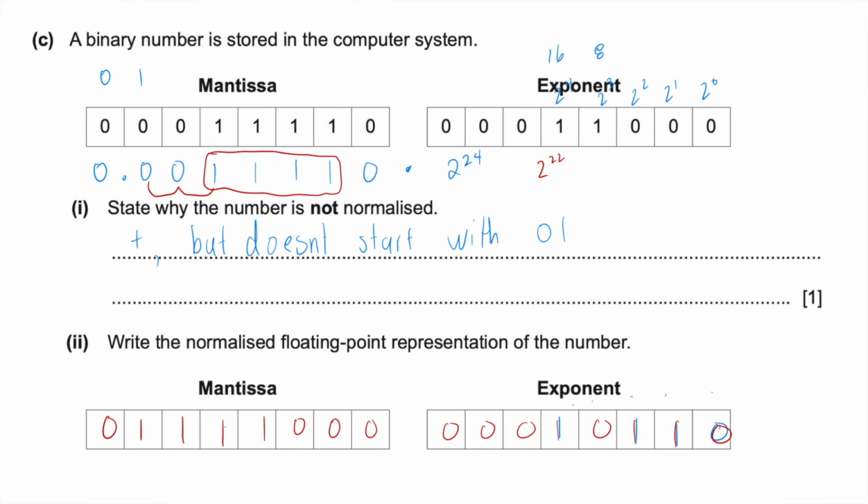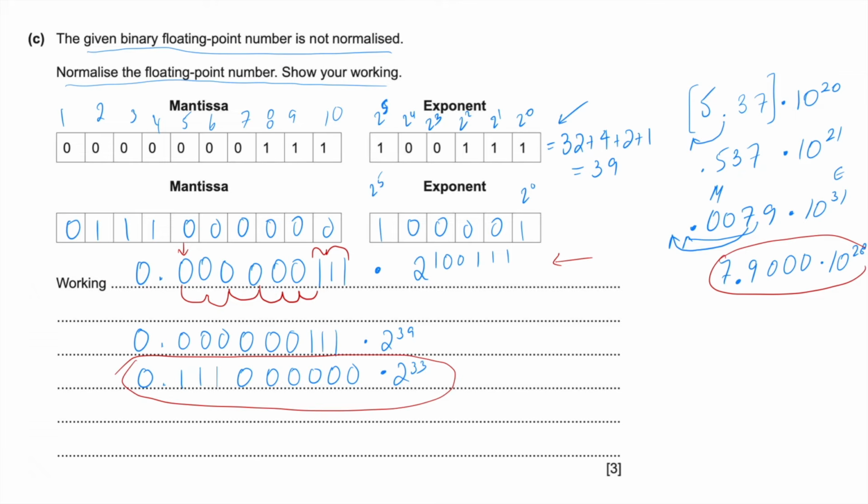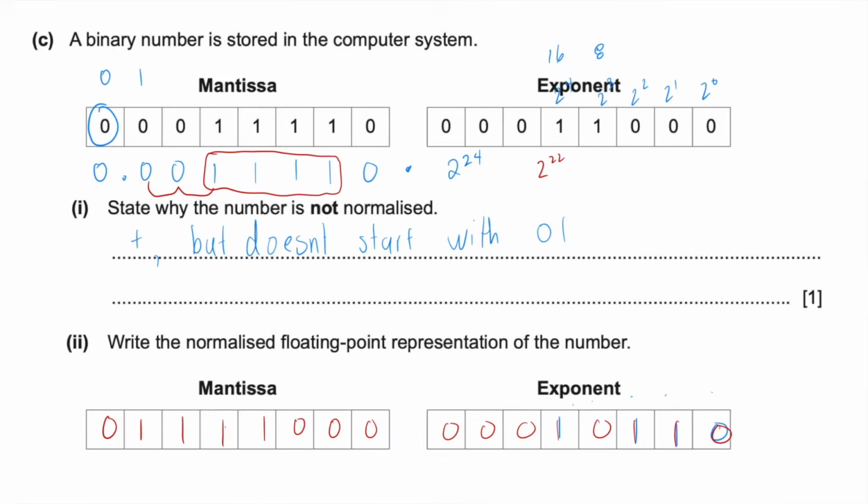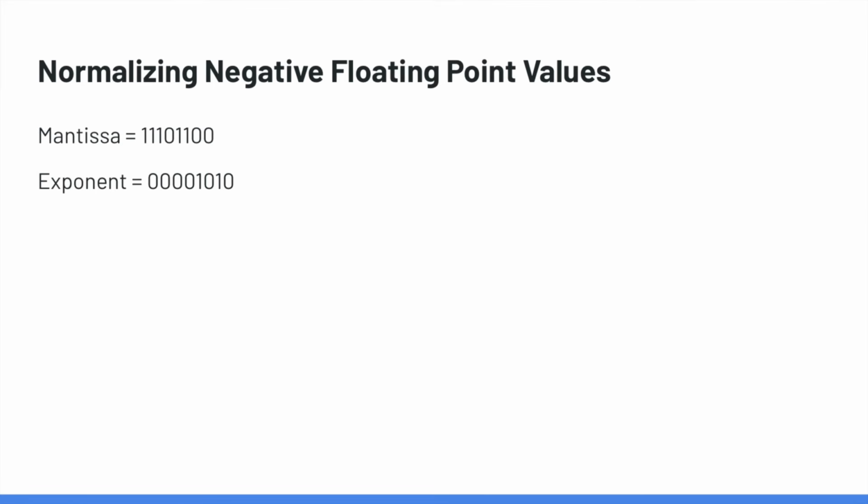So in our last example, we had a mantissa that started with 0. And in the very first example, we also had a mantissa that started with 0. What happens if we have a negative floating point value that we want to normalize? Well, in that case, things are going to get a little weird. So if you look at the mantissa, it can be represented this way: